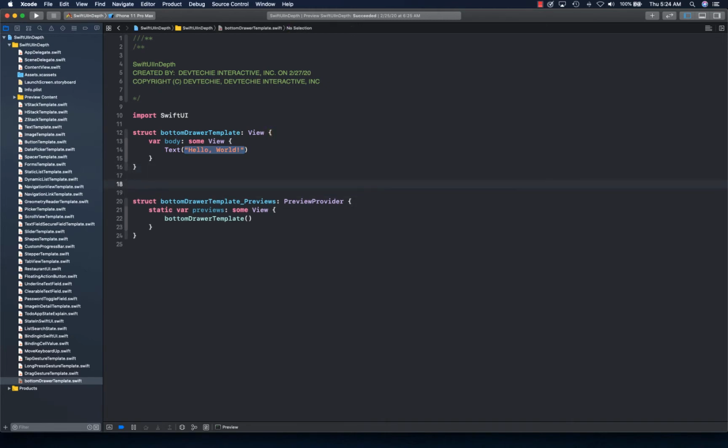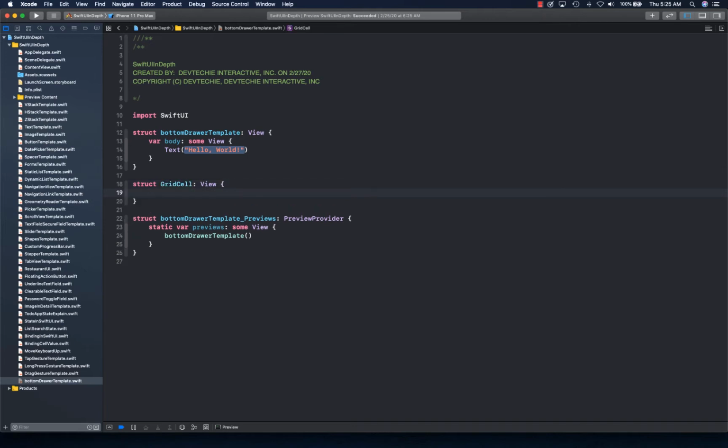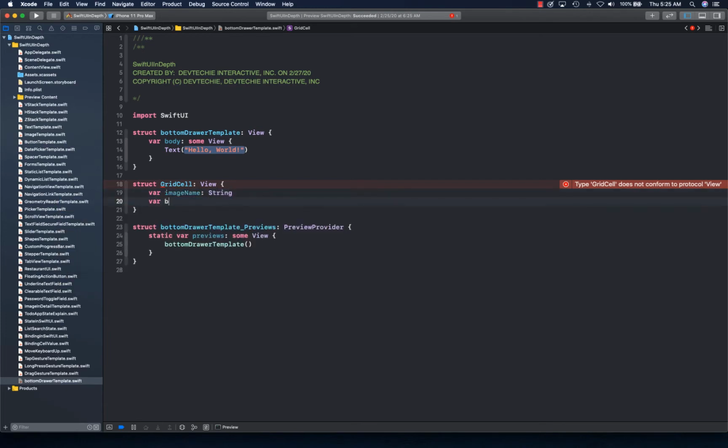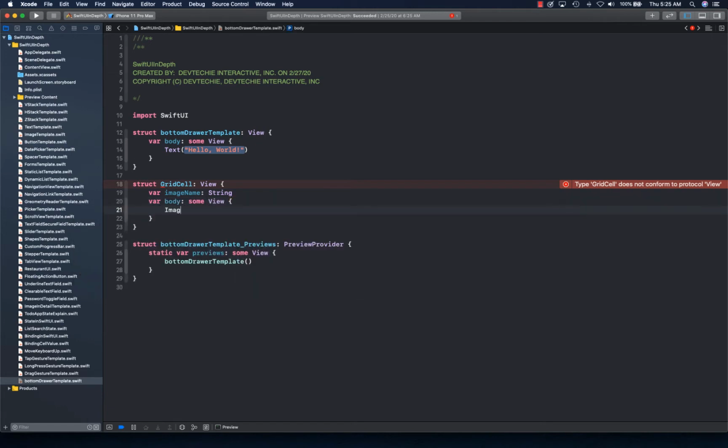So what we're going to do is first create our cell that we're going to display as content, just some dummy data. So I'm going to create a struct. I'm going to call this GridCell because there are going to be three cell items. You can expect an image name, and a body. Let's define the body for this one. Some view, Image,